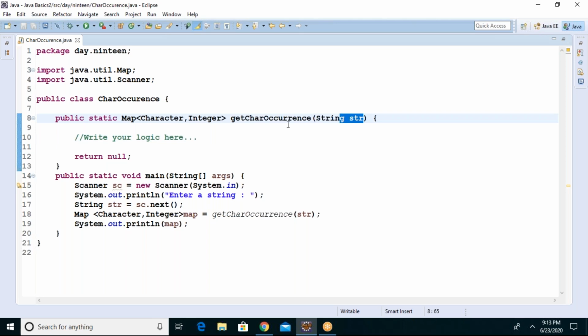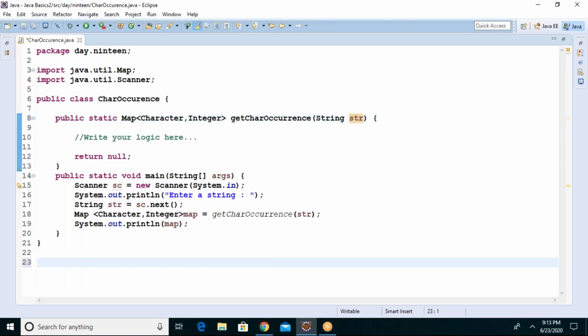Given a string, each character you put as a key in the hash map or map object you create here. The first one, the key, is a character of the string, and the value is an integer occurrence.